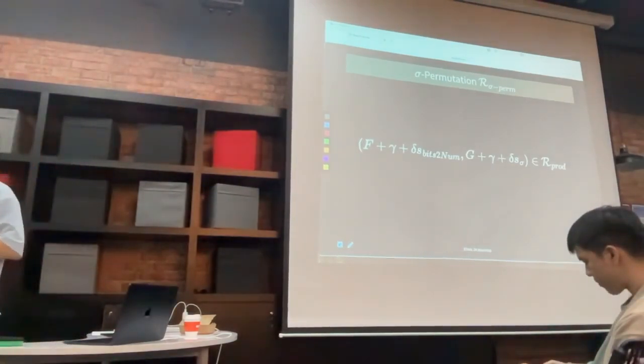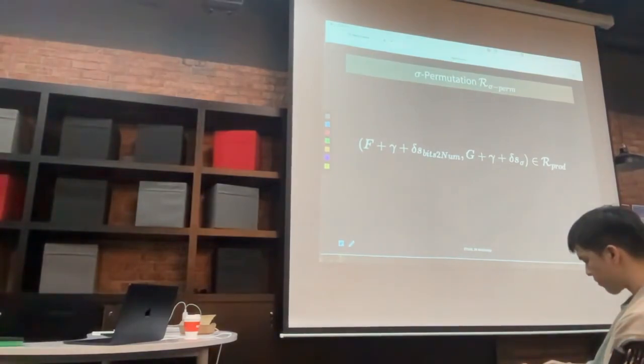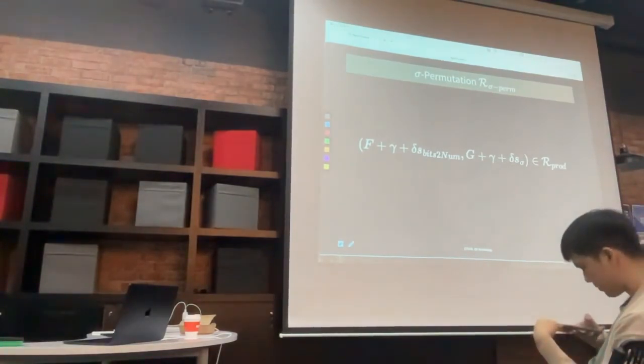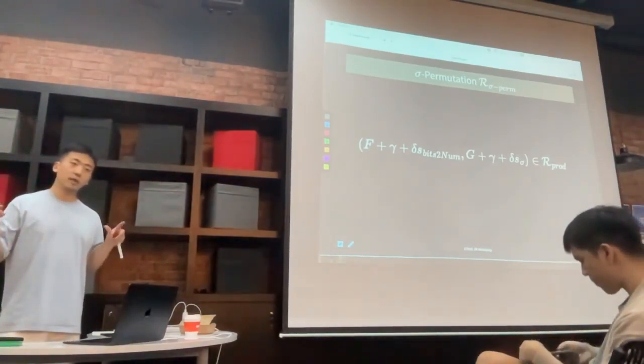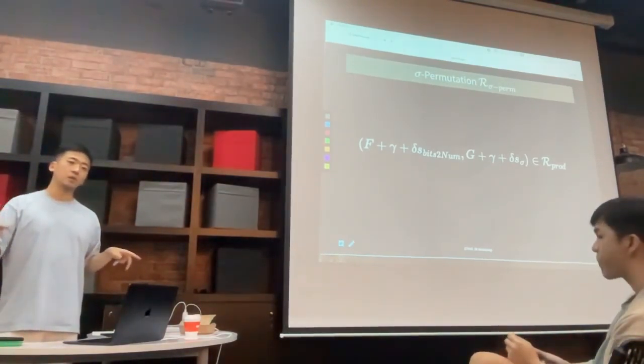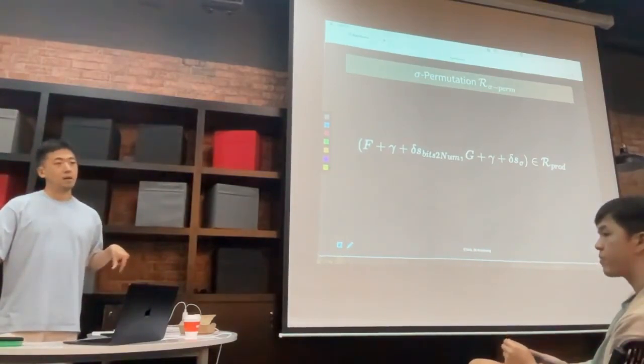To make sure of this, we added another gamma and did a grand product check with each other. In the multivariate case, the root of unity corresponds to the hypercube